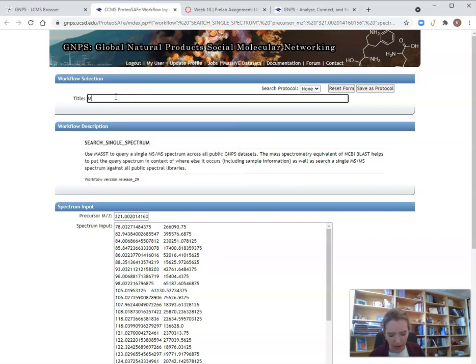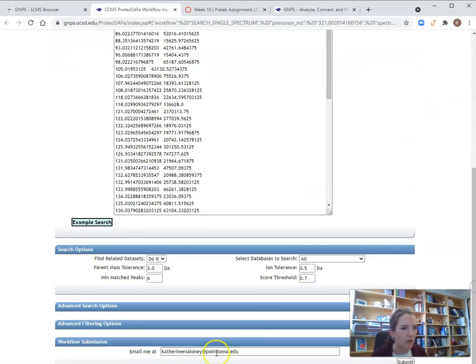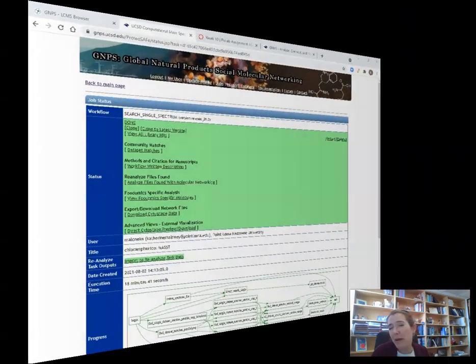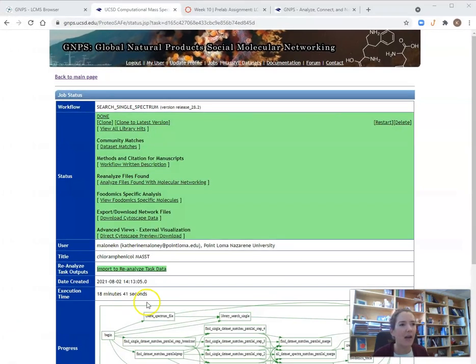So if I give my search a name and click submit, this will automatically initiate a mass search, which is going to search all of the library MS2 spectra in the GNPS libraries and look for a match to my MS2 spectrum. After about 20 minutes, my job is done